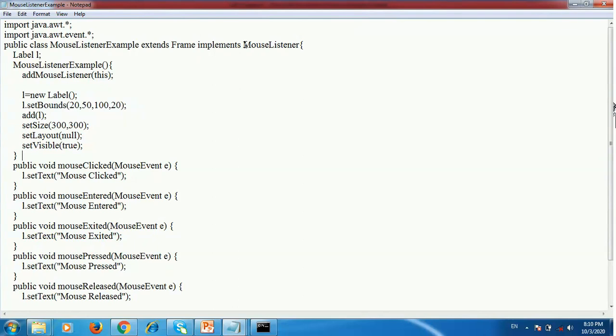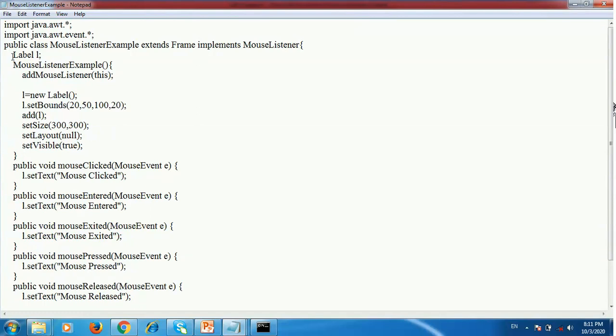Here we use the methods mouseClicked, mouseEntered, mouseExited, mousePressed, mouseReleased. That's why we use the mouse listener interface, because these methods are present in the mouse listener interface.